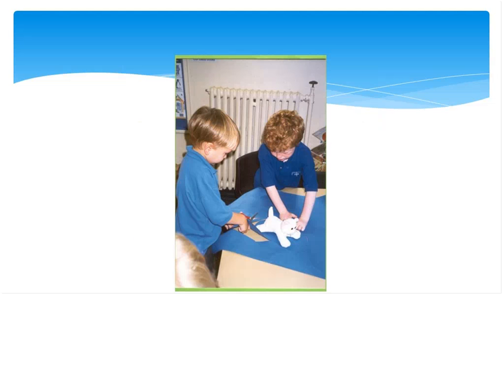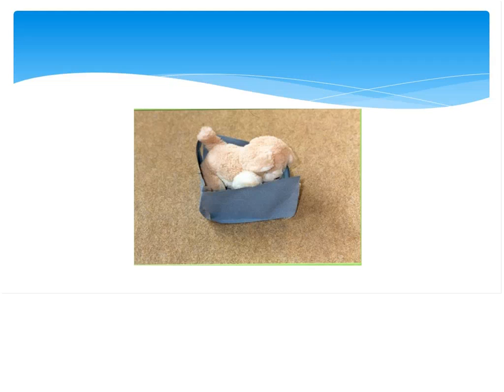Now your 6s, 7s are working together. There's a big difference between working in a group and working as a group. In a group, there are 6 children around a table doing their own thing. What I want to see is working as a group, where they talk and they share ideas. This is just some proof, evidence, that your cat fitted in the box that you made.